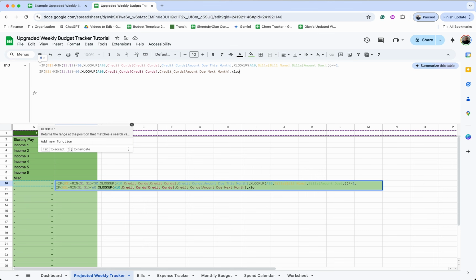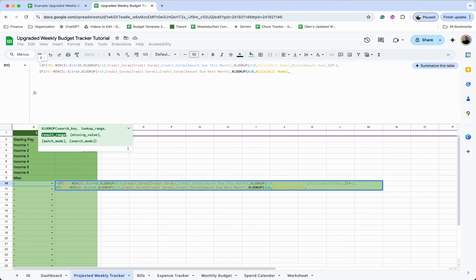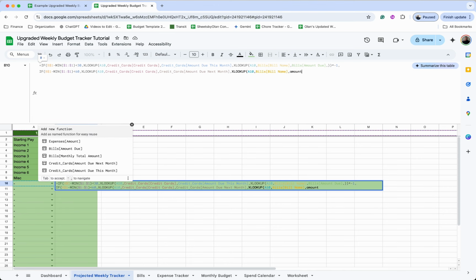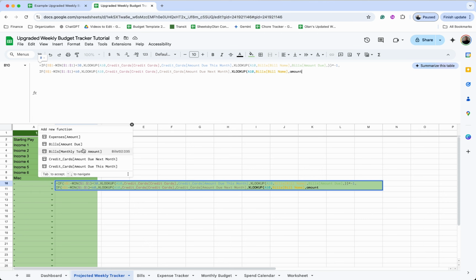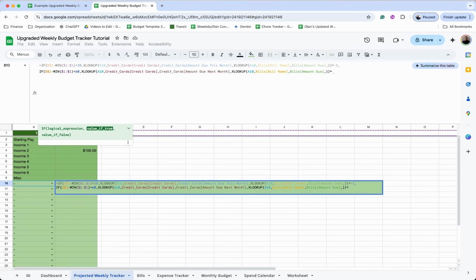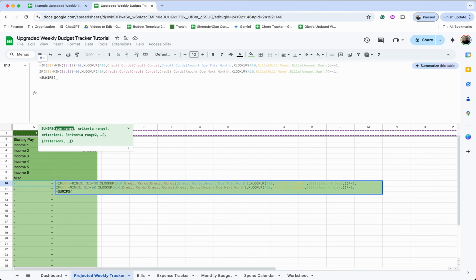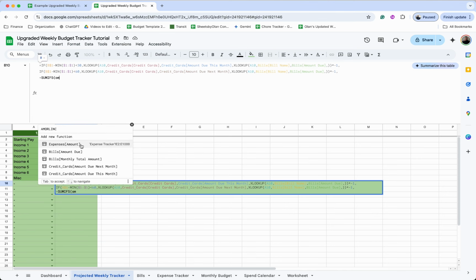comma, XLOOKUP, A10, comma, bill name, comma, amounts due, comma, close parentheses, times -1, comma. Now I'll split this and put some SUMIFS, open parentheses, expenses amount,